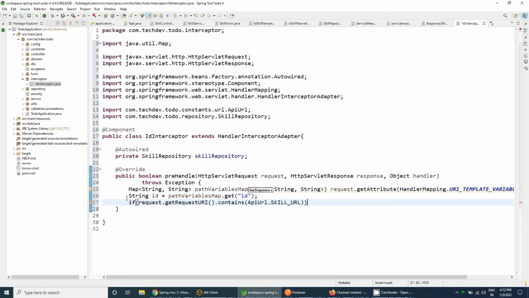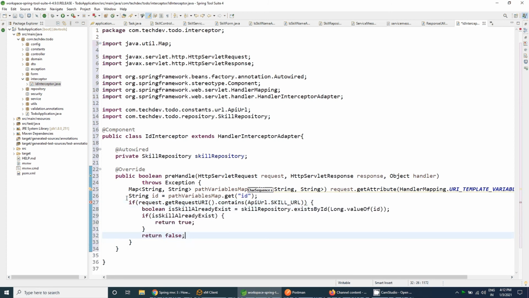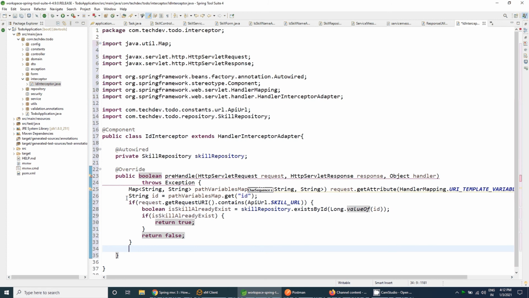So if the request contains this skill URL, then do this, else return true.